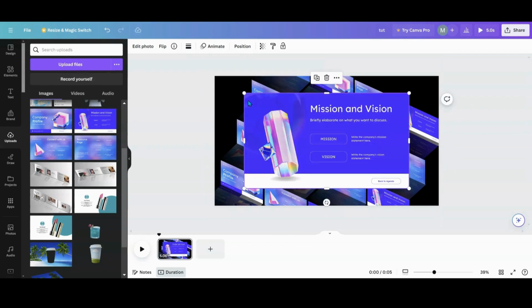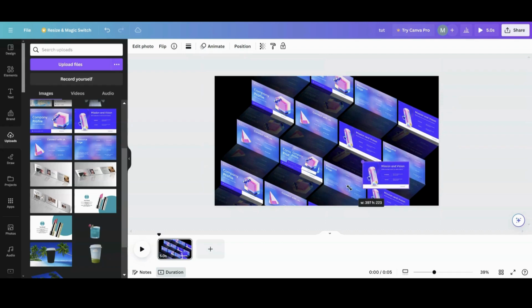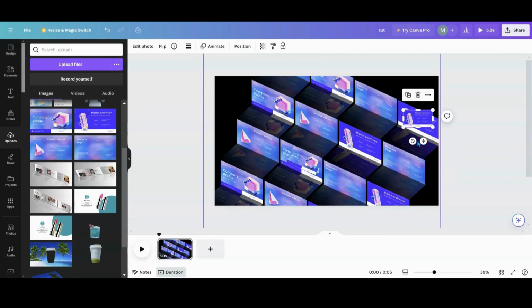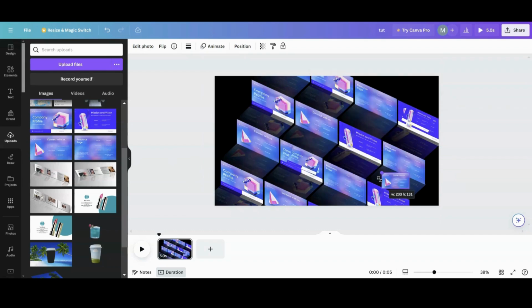I'm going to get the one with the crystal. Move it down. I am going to move it over on top of one of my ones with the crystal, kind of angle it a little bit. I'm going to grab the third one. I'm going to do the same. I'm going to find one of these that I like. Maybe, oh, mercy. I think I shrunk it all the way up, didn't I? All right, and I'm going to turn it sideways like so, and then I'm going to grab the last one,